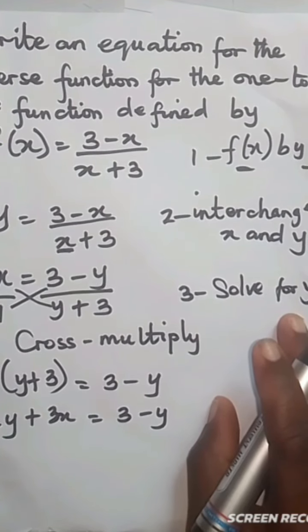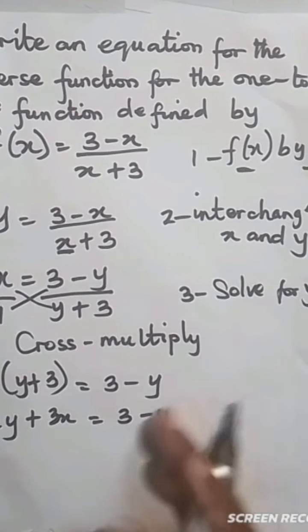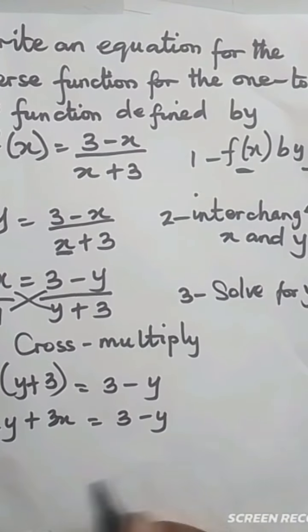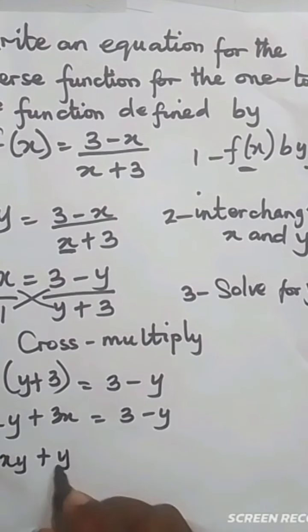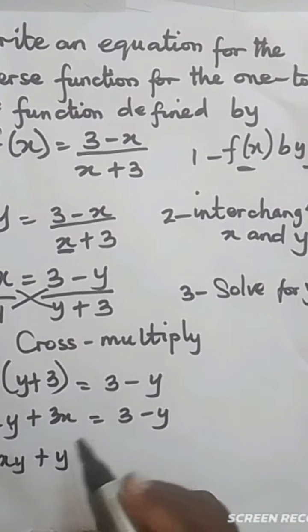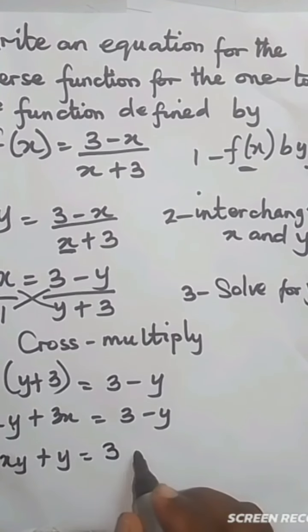So we collect the y terms on one side and the x terms on the other side. So we're going to have xy + y. If this minus is coming here, it becomes plus y, equals 3 minus